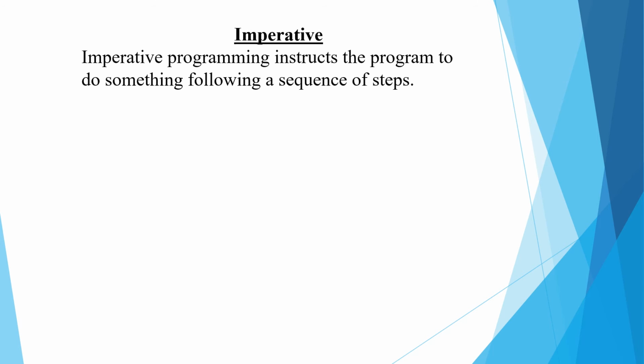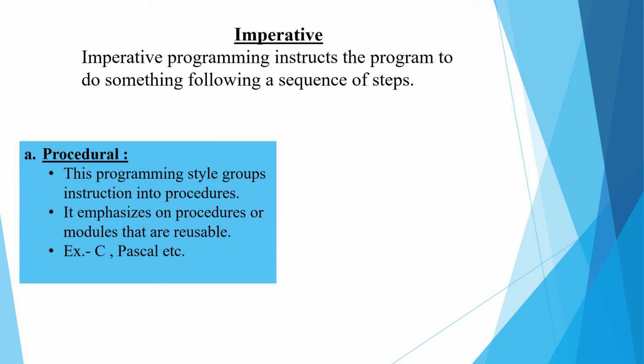Imperative programming style: the programmer instructs the machine to change its state, following a sequence of steps. Now, there are two types of it. First, we have the procedural imperative programming paradigm. This programming style groups the instructions into procedures,